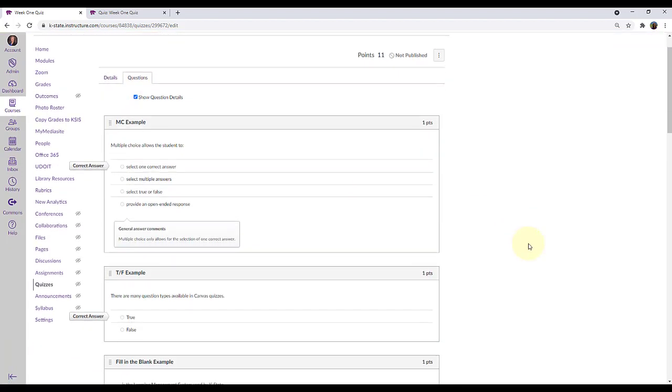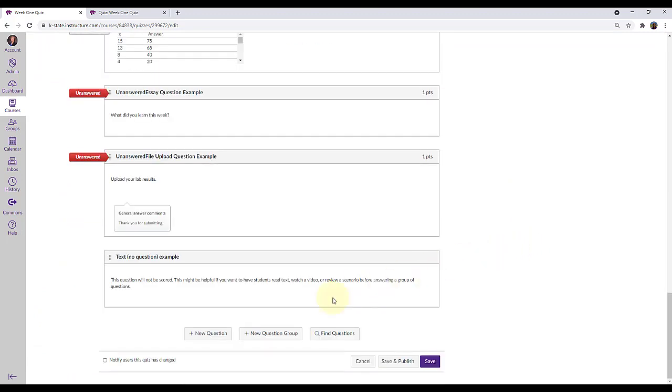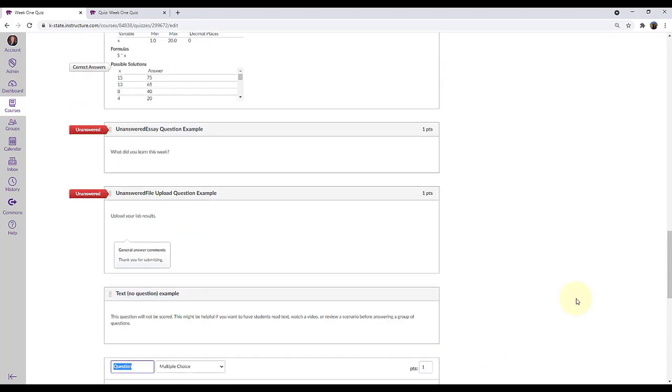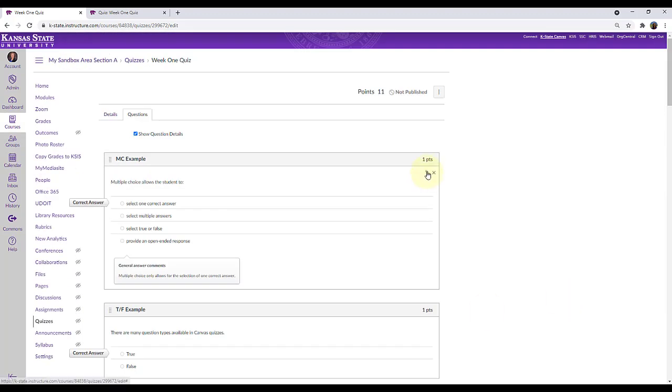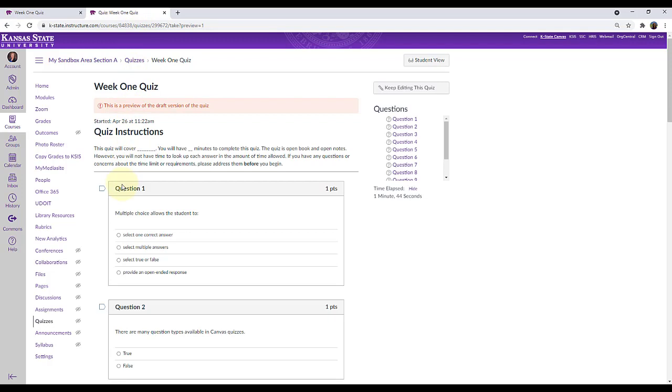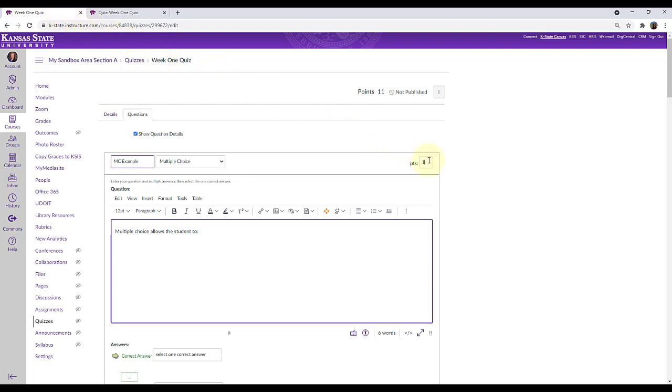I'll scroll down to the bottom and create a new question so you can see that the rich content editor will open. Now scrolling back to the top, we will look at our examples. When we create a new question, we give it an optional title. Choosing a good title helps you search for it later. Note, as I flip to the preview screen, questions are numbered, so this question title is not for the student but for you.